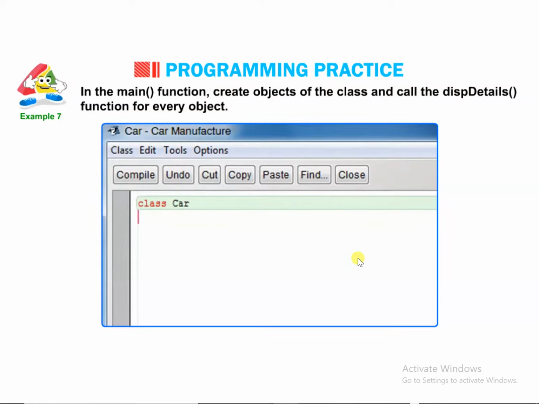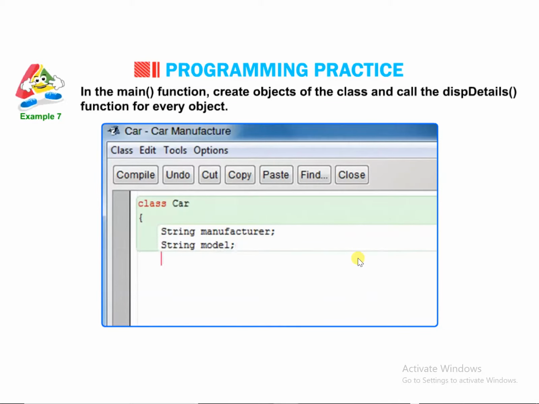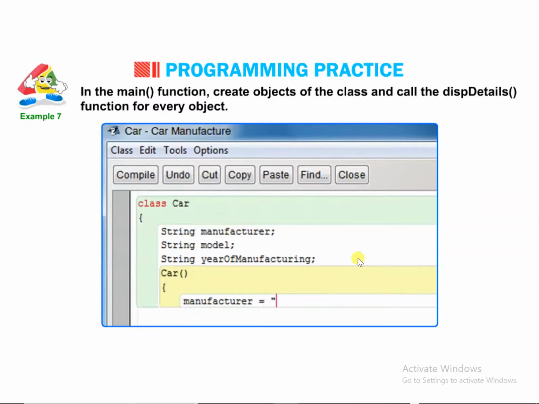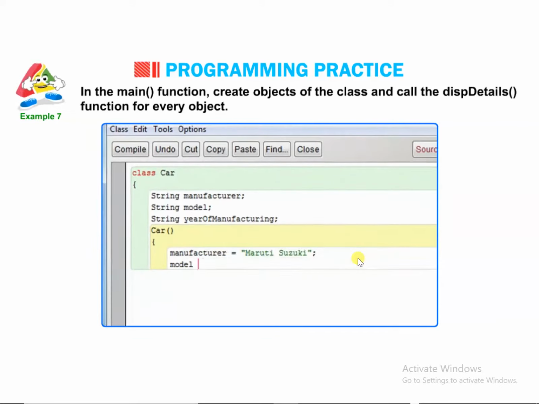class Car { String manufacturer; String model; String yearOfManufacturing; Car() { manufacturer = "Maruti Suzuki"; model = "Alto K10"; yearOfManufacturing = "2015";